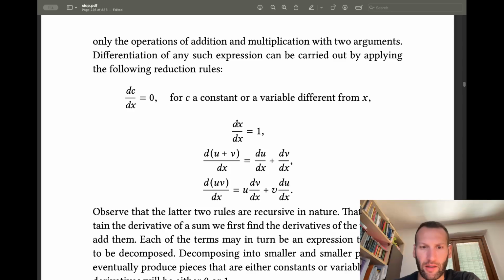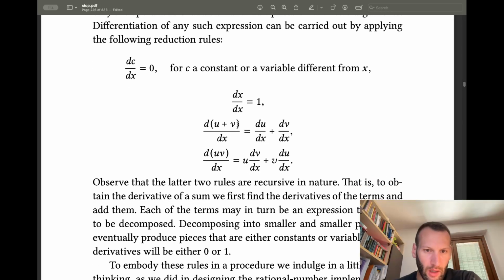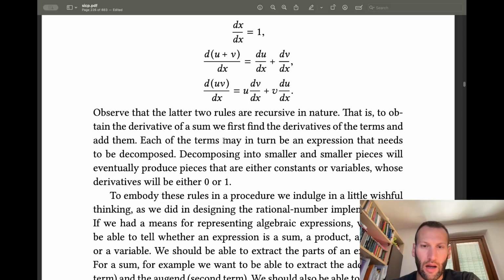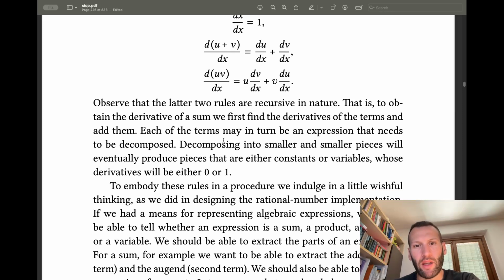Okay, these are the differentiation rules. Observe that the latter two rules are recursive in nature. That is, to obtain the derivative of a sum, we first find the derivatives of the terms and add them. Each of the terms may in turn be an expression that needs to be decomposed. Decomposing into smaller and smaller pieces will eventually produce pieces that are either constants or variables, whose derivatives will be